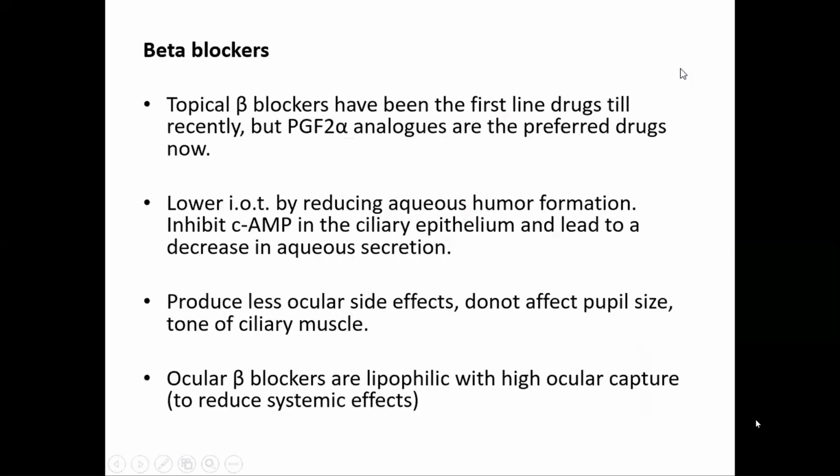So when we talk about the different drug approaches, different treatment approaches for the treatment of open angle glaucoma, the first choice drug is the prostaglandin analog. So we'll come to that. So the first choice drug for the treatment of open angle glaucoma is the